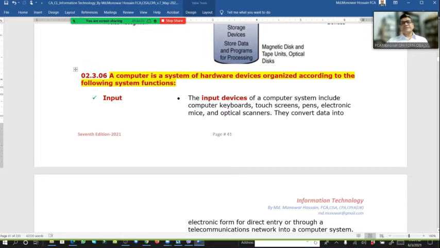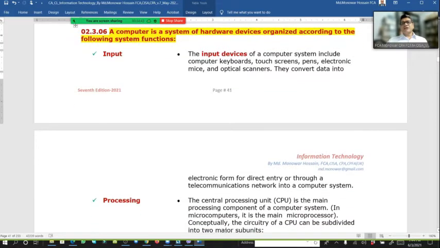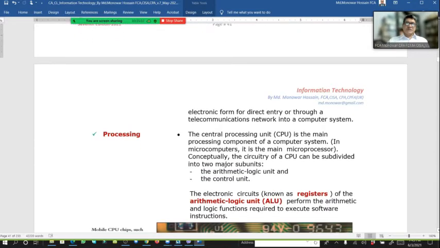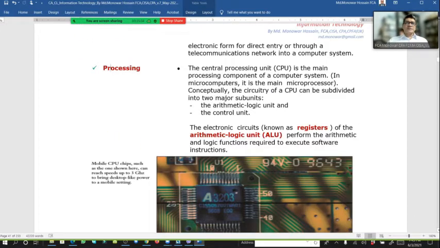A computer is a system of hardware devices organized according to the following system functions. Number 1, input. Input devices of a computer system include computer keyboard, touch screen, pen drive, pens, electronic mics, and optical scanner. They convert data into electronic form for direct entry or through a telecommunication network into a computer system. And within that, with the processing,